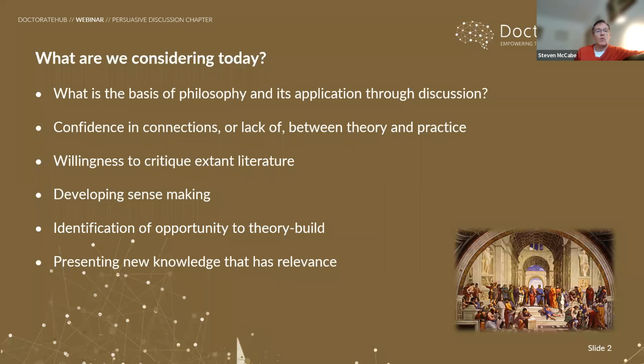Okay, so what we're looking at today is what can we do, or what are we trying to do in the discussion chapter? And in many ways, the discussion chapter is the most crucial bit, although that's not to say that all the other bits are not equally crucial. But the discussion chapter is where you're actually demonstrating your ability to make the connections. You've hopefully given a good account of why you've used a particular methodological approach, so you've understood all the philosophical aspirations and considerations and difficulties. But this is the bit where you actually start to put it all together.